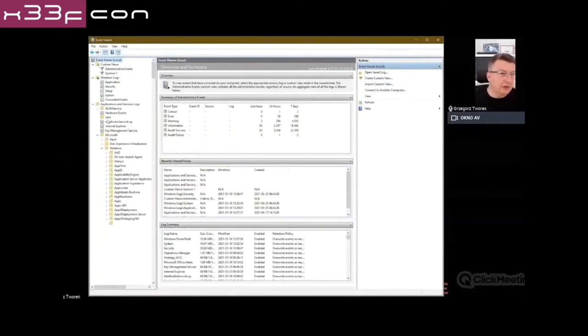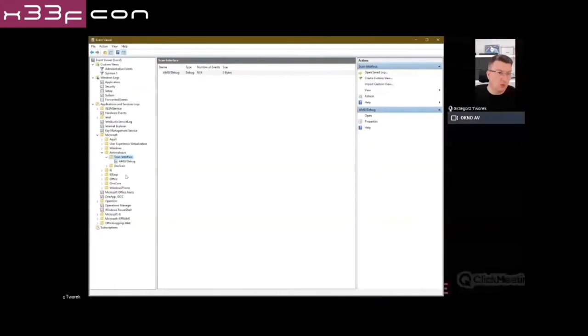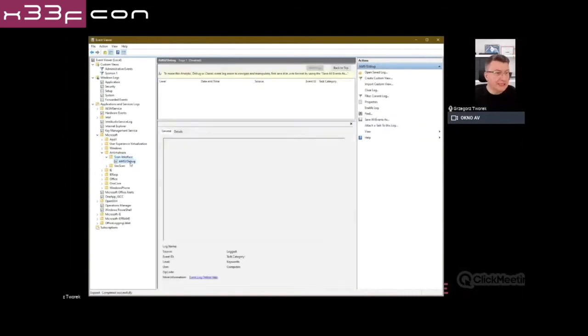For example, you can see a log related to some antimalware, antivirus. There is an AMSI debug log. If you want to work with AMSI, sorry, I'm a malware engineer, so I have to pick the proper example. It is empty because you have to enable it, because it's not enabled